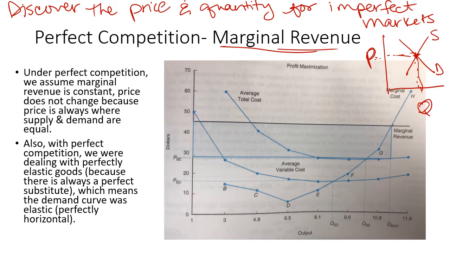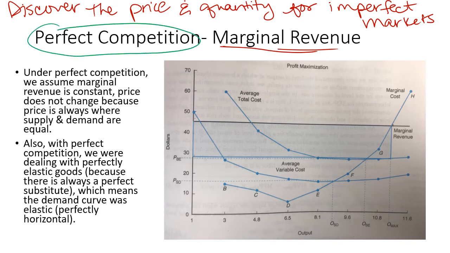This is different now that we're looking at imperfect markets, because the shape of our demand curve, the shape of our marginal revenue curve, and all of those things are different. So I'm going to explain some of the differences. First of all, we're looking at a profit maximization graph of a perfect competition. The two main differences are that